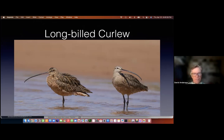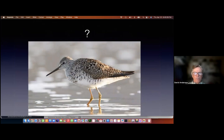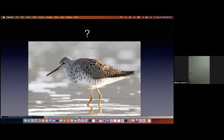Okay, that's the end of the ID, but I couldn't leave without at least giving you a quiz. So what is this? Okay, this is kind of like Jeopardy. Dun, dun, dun, dun. Okay, everyone take a look at it. And what do you see? Look at the overall structure of the bird. Look at the wings, the tail, the color of the legs, the color of the bill, the size of the bill. And I'll give you a hint